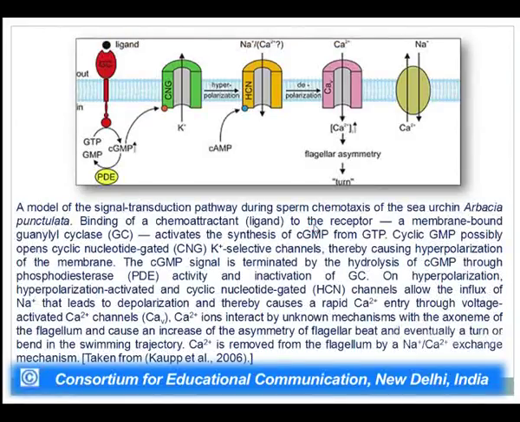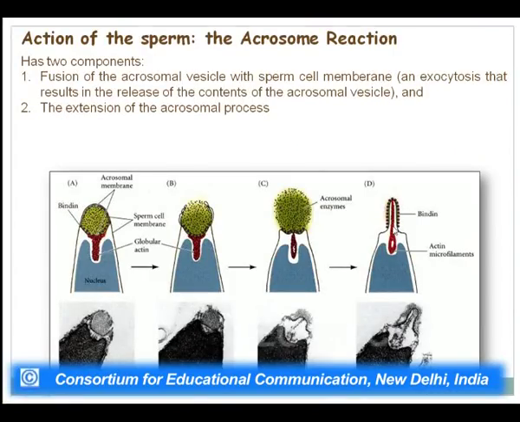Furthermore, as we saw, there are actin molecules which polymerize together. These actin molecules polymerize to form actin microfilaments which protrude out in the form of the actin process. This is called the acrosomal process. So, there are tubules which join together and give rise to this acrosomal process. As the sperm is gaining entry into the jelly layer, these hydrolytic enzymes are released,